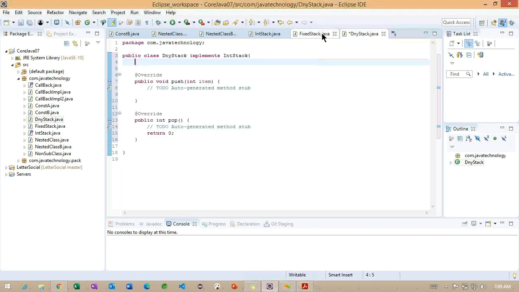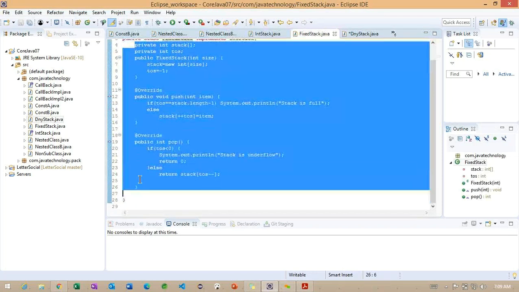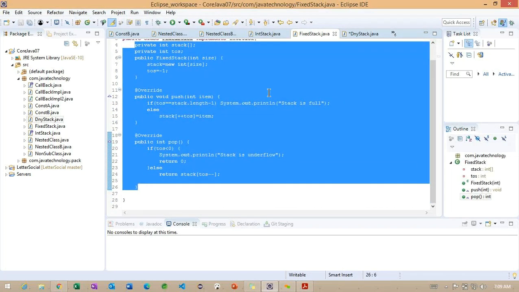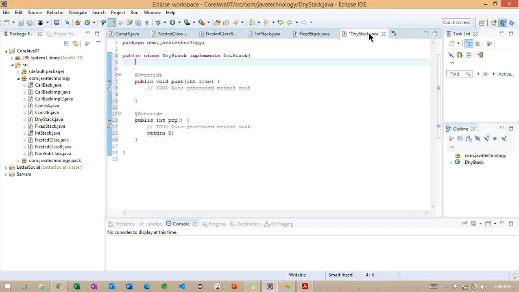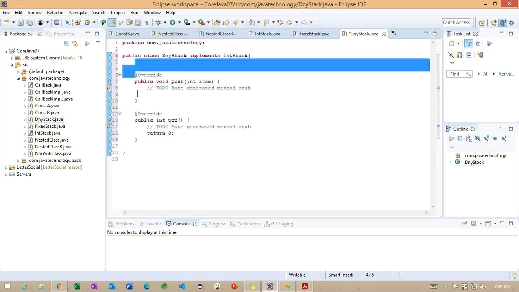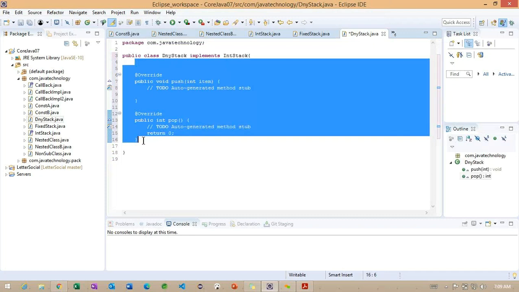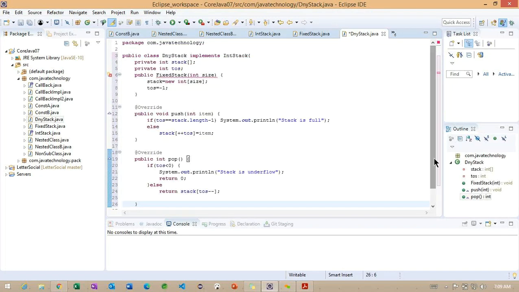Now, to understand this, I'm going to copy all the information here. The only difference is how this particular array is going to increase dynamically. Instead of using a fixed size, how is it going to grow dynamically? Getting the point. So carefully observe, we are working with the dynamic stack, right? And after creating this dynamic stack, if we work with the same example, it is also treated as a fixed stack.